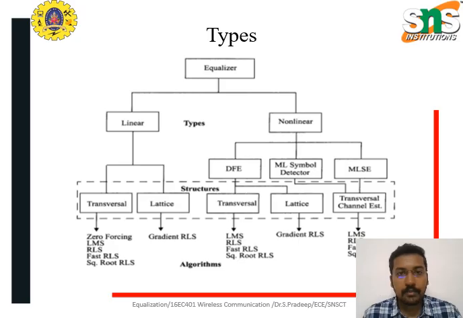The types of equalizer. Linear equalizers are simpler to implement and suitable for channels with relatively flat frequency response. First type is transversal equalizer. These use a tapped delay line to filter the received signal. Zero forcing equalizer. These aim to eliminate inter-symbol interference by setting the coefficients of the equalizer to zero. Least mean square equalizer. These adapt the equalizer's coefficients based on the received signal and a training sequence according to